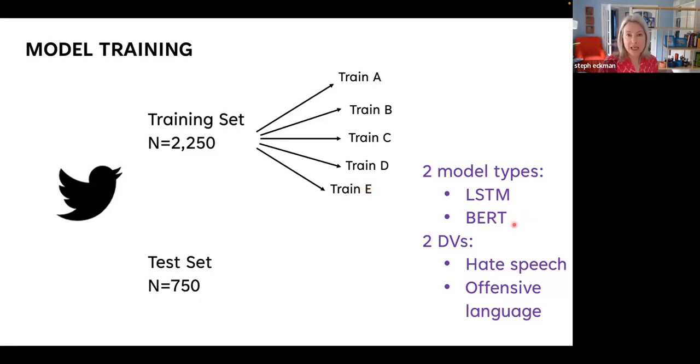The BERT model has a lot more knowledge in the back of its head about how language and words work, whereas the LSTM has really only seen our data. So I'm going to talk sometimes separately about the results from these 2 different models. And then, of course, we have 2 dependent variables: hate speech and offensive language. So we've got 5 models for each of the conditions times the 2 model types times our 2 dependent variables. It gets a little complex.